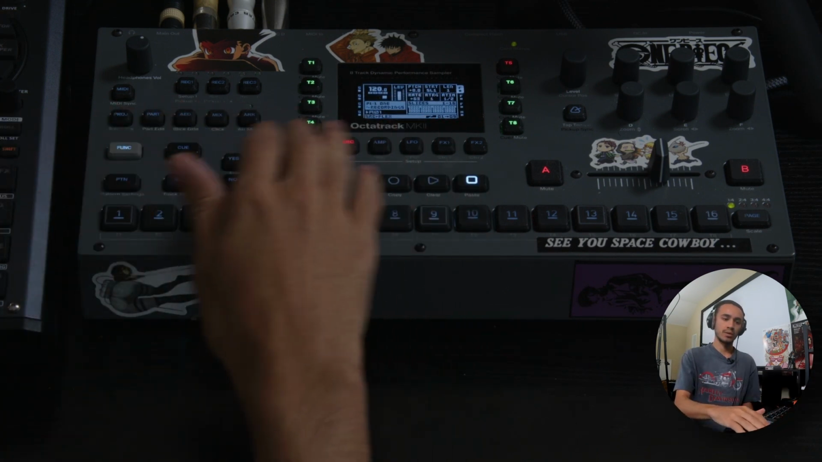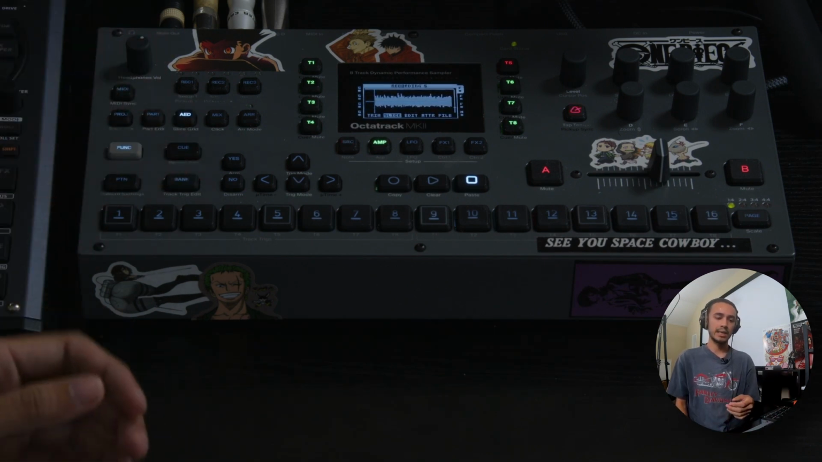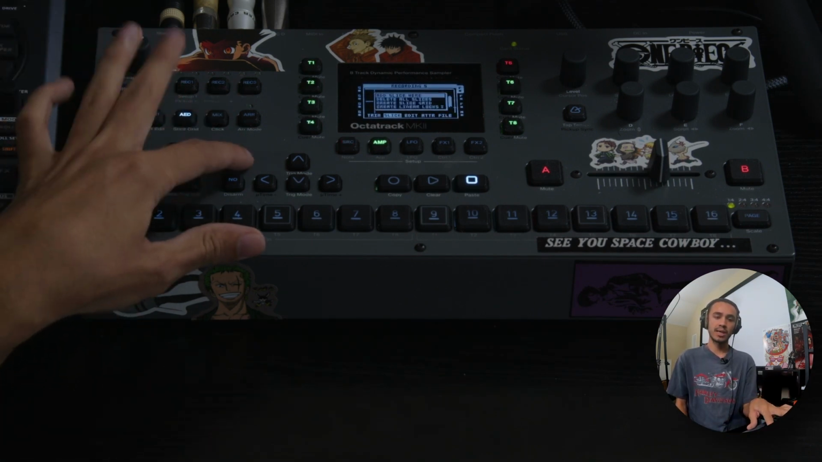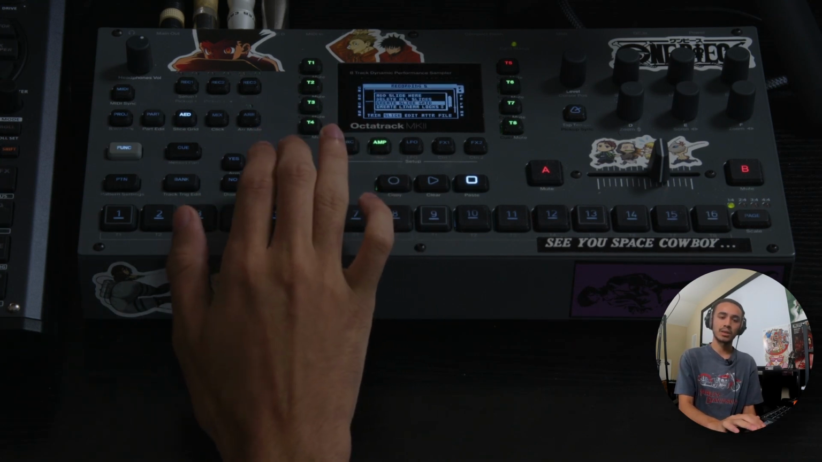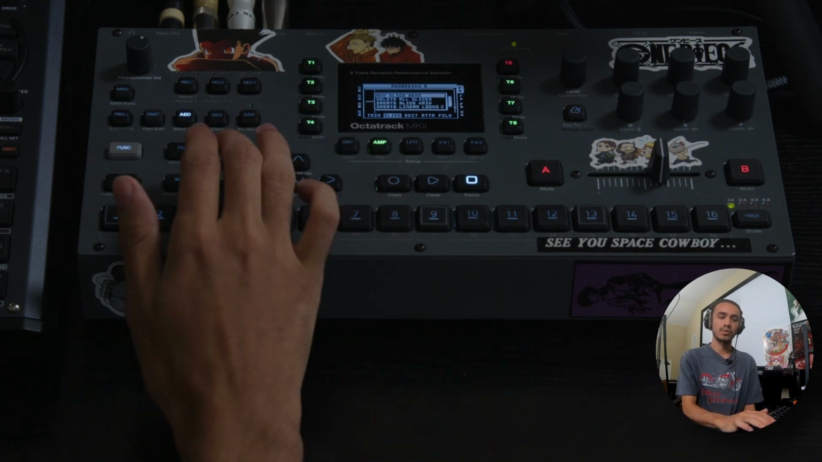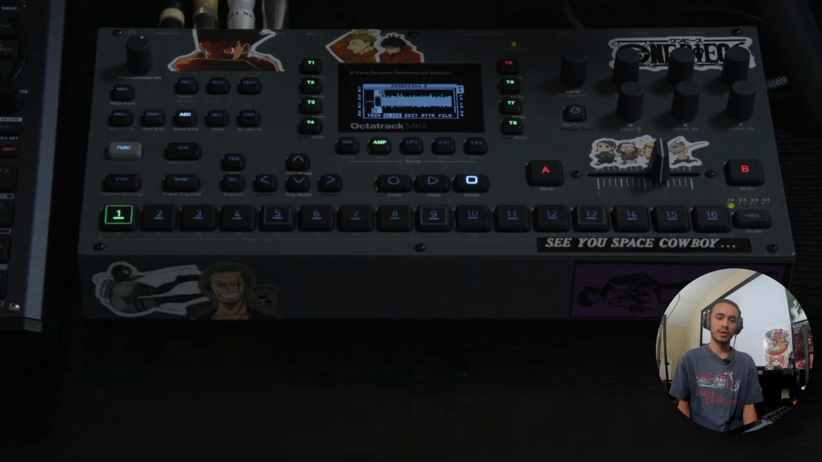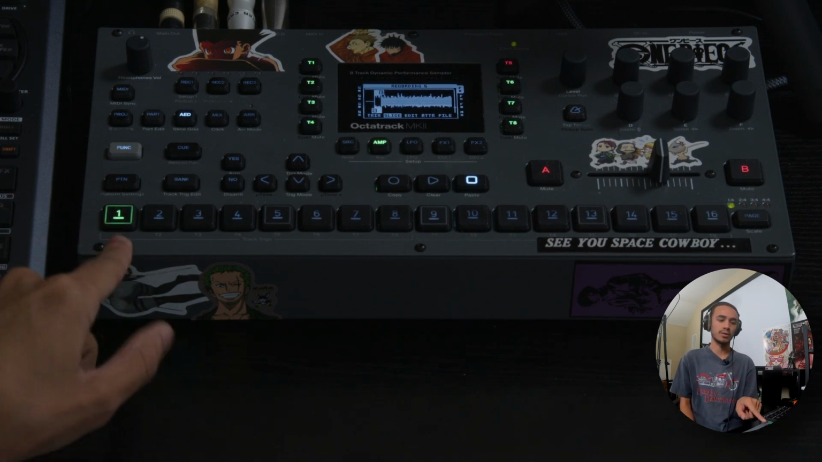Once we have that all set up, we'll go into AED, and if you press yes, it'll give you options to create slices, delete them, create a slice grid, and so on. We're going to do add slice here, and when you've done that, you can see the slice now appears on our Octatrack on the left button here. So if I play it,